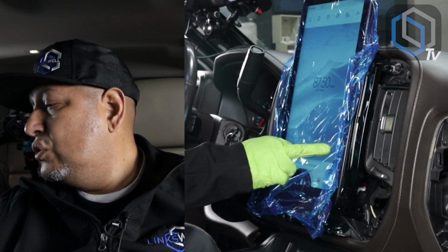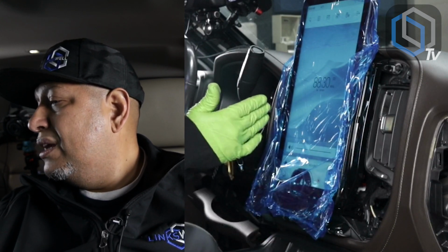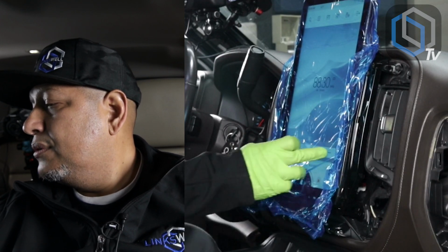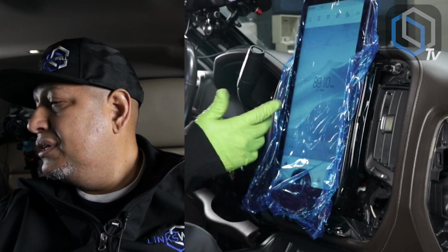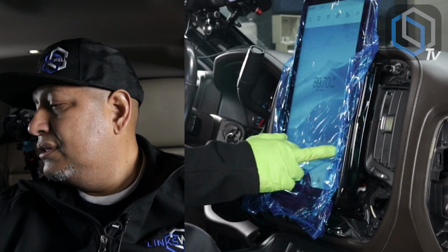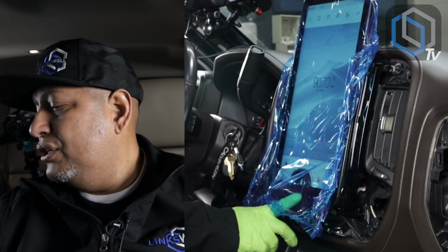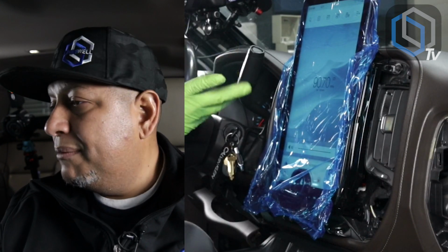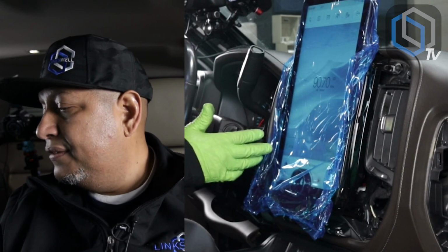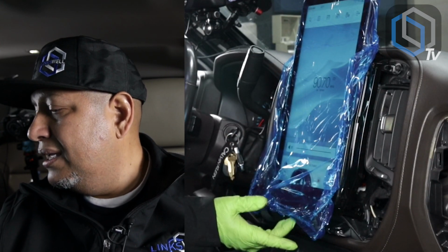Next, I'm going to tune in a frequency just to make sure that my antenna's plugged in and I'm getting good reception. So I'll start going through different FM stations just to make sure that I'm getting good reception. I haven't adjusted any audio. I haven't turned it up to see how loud it gets. I'm not there yet. So now that I have volume and AM FM tested to make sure it's working,